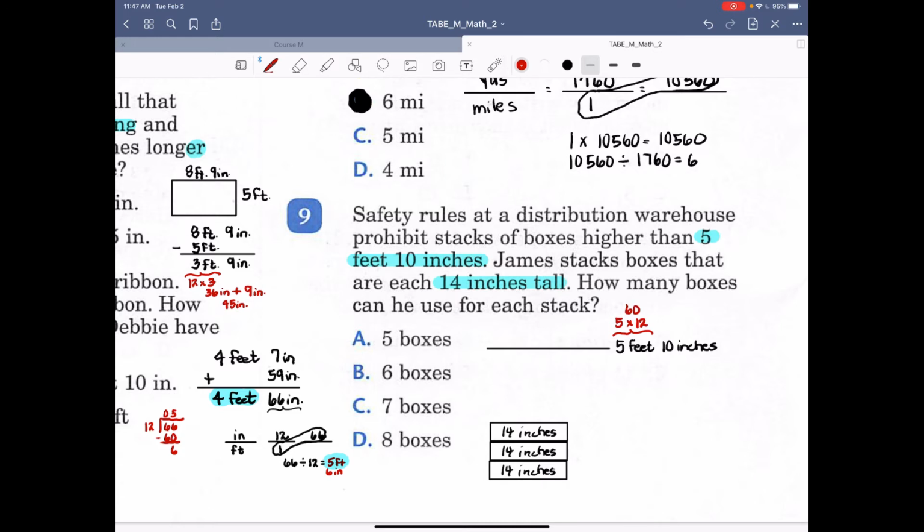And 60 plus 10 means that the maximum here is 70 inches. And then I'm going to divide 70 inches by the height of a box. So 70 divided by 14 is 5. That means that the most he can stack